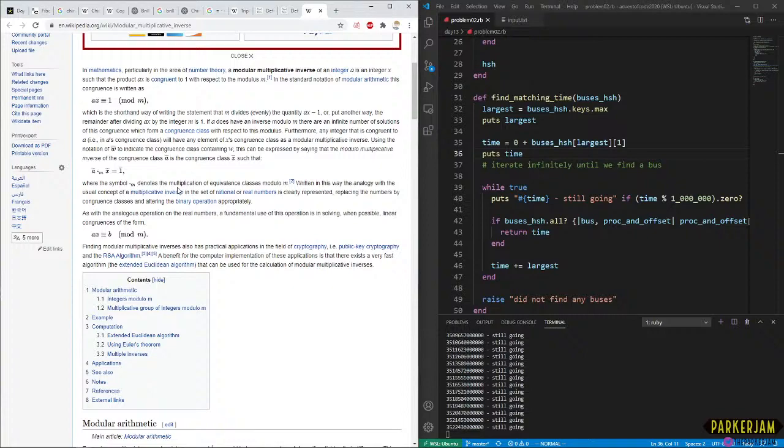In mathematics, particularly in the area of number theory, a modular multiplicative inverse of an integer a is an integer x such that ax is congruent to 1. So z equals y inverse mod n translates to yz equals 1 mod n.